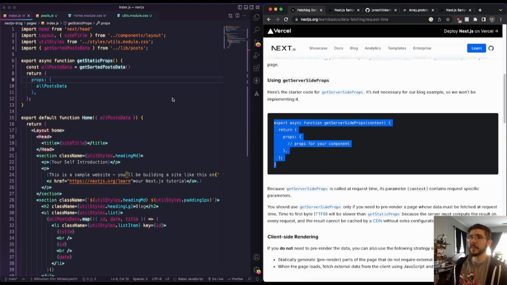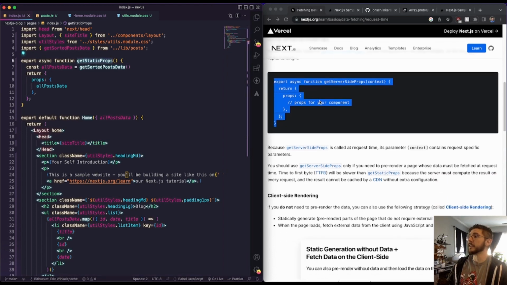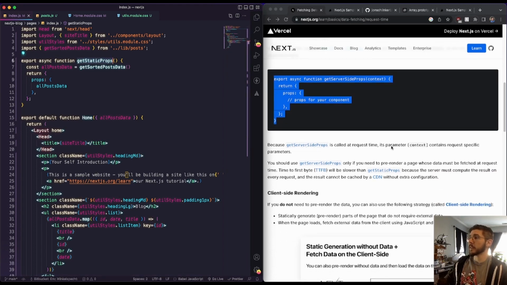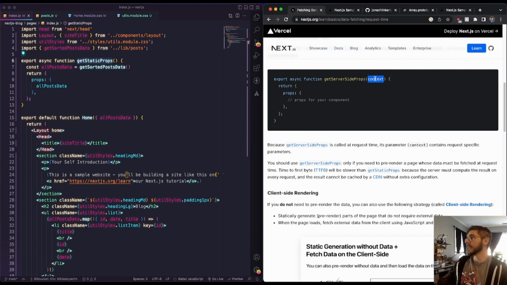It's the exact same setup here, and we would just return the same exact way. We're just replacing this, and Next.js is just going to do its thing that it knows it needs to do. Because getServerSideProps is called at request time, its parameter context has something additional. It contains